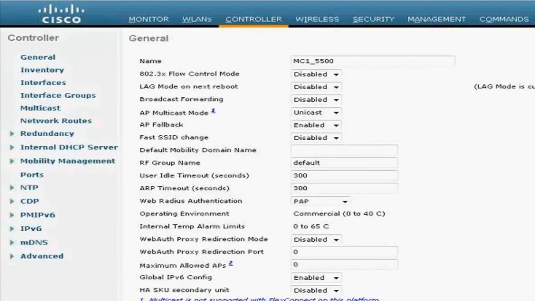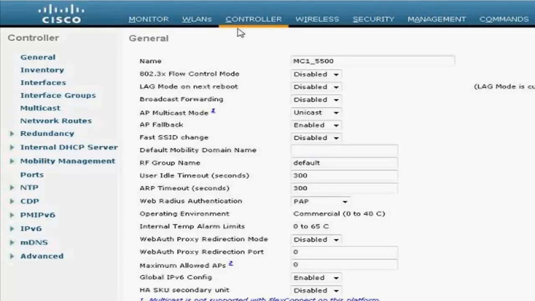I am going to make mobility configuration through graphical user interface. As per our topology, we have two subdomains. I am going to configure subdomain 1 first, followed by subdomain 2. In subdomain 1, 5500 is a mobility controller. In step 1, I'll configure the mobility domain name. Then I'll create two switchpair groups and map mobility agents under it. In step 3, I'll add peer mobility controllers as members of the mobility group.